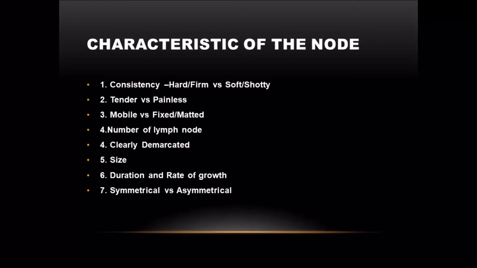After tenderness, what you will do? What you will see for? You will go for consistency. Yes, sir. What are the types of consistency you know of? Sir, hard, soft, and firm, sir. How to remember? Lip, tip of the nose, and forehead. Soft is lips, okay? Firm is tip of the nose. Hard is your forehead. This is how you should remember the consistency. So in this swelling, you should see for the consistency. Only these three are there, okay? Soft, firm, or hard. Sometimes there will be variegated consistency. That we'll discuss afterwards.